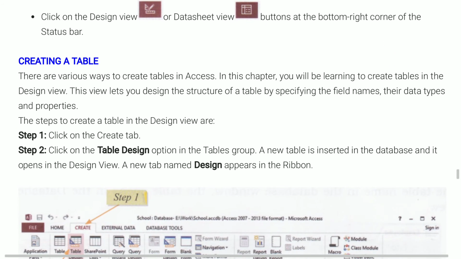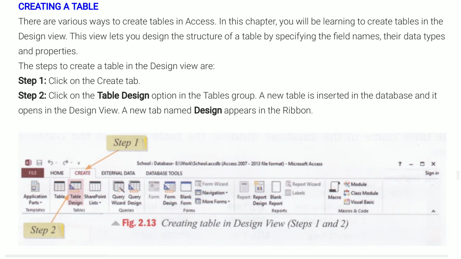The next point, as you can see on the screen, is creating a table. Now we understood about the views of a table. After this, if we have to create a table, there are different ways to create a table in Microsoft Access. First of all, learn how to create a table in design view.